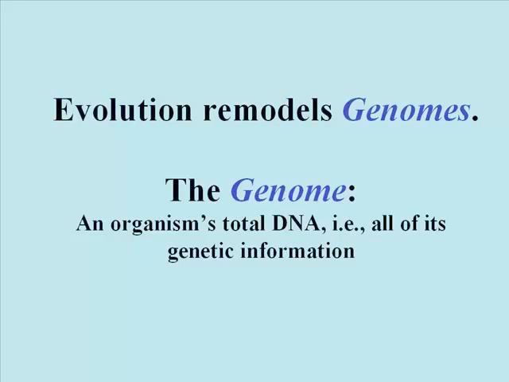Between species, we see not only base substitutions, but differences in patterns of gene structure, that is, for example, introns and no introns, genes with introns, genes without introns. We see differences in patterns of gene organization. You may recall that bacteria have genes organized into operons, and eukaryotic cells do not have operons. We see changes or differences between species in how older genes are co-opted to have new functions.